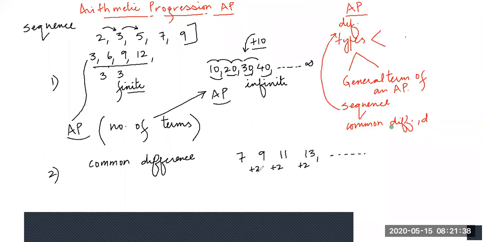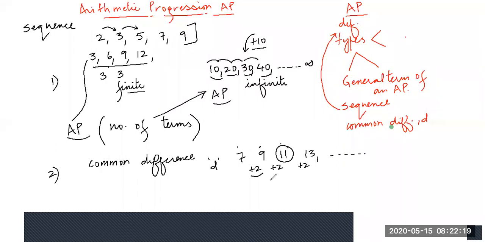Now, guys, this number, which is added to the preceding number to get the next number, is known as the common difference, represented by D. All right. So what is D? D is basically the difference of any term and the preceding term, right? Care should be taken that you subtract the preceding term from the next term. Once again, you must subtract this term 7 from the next term, right?